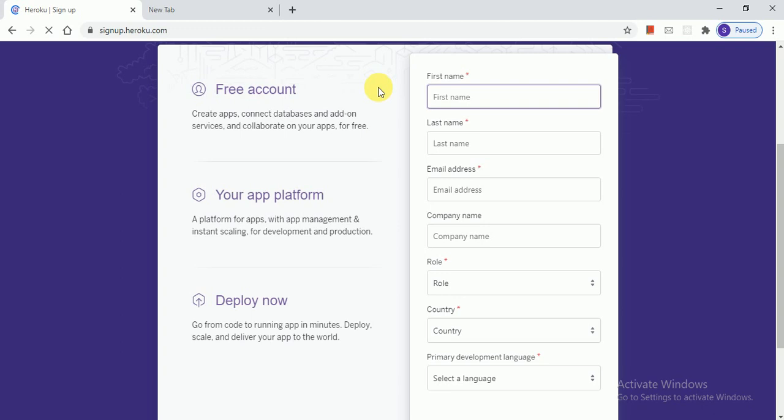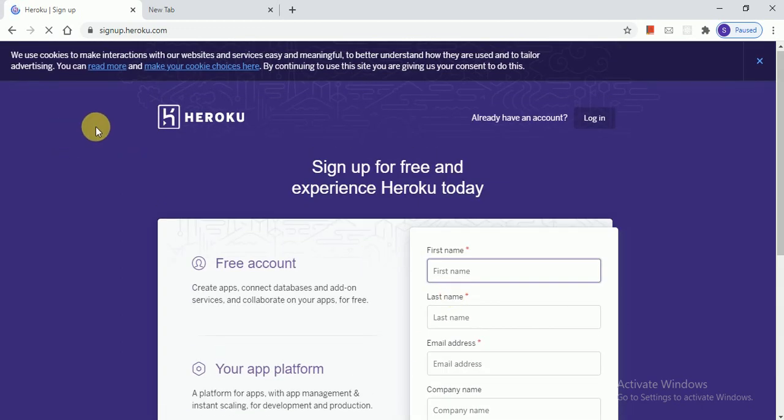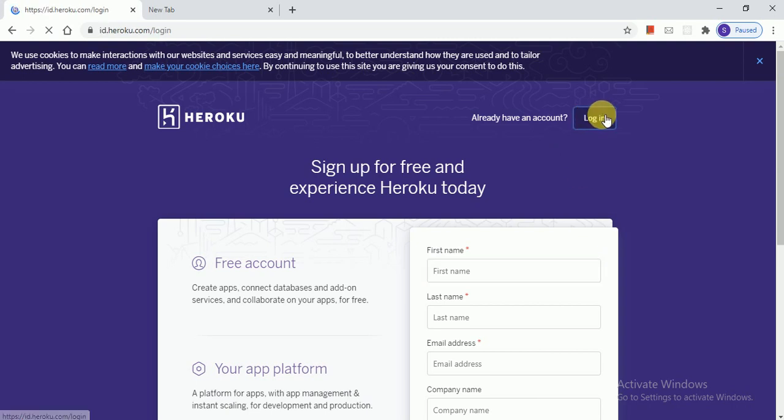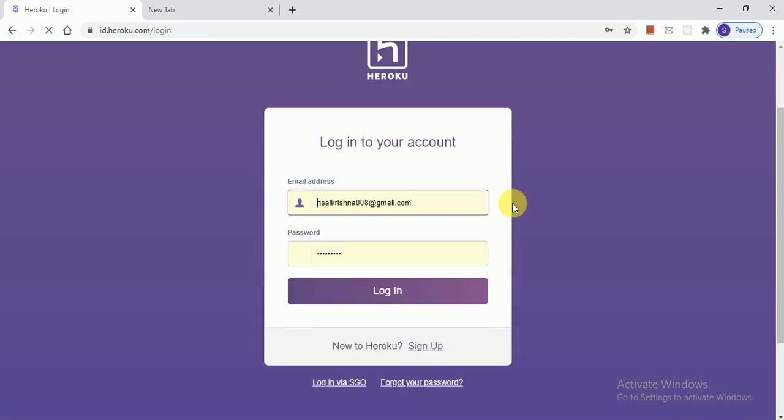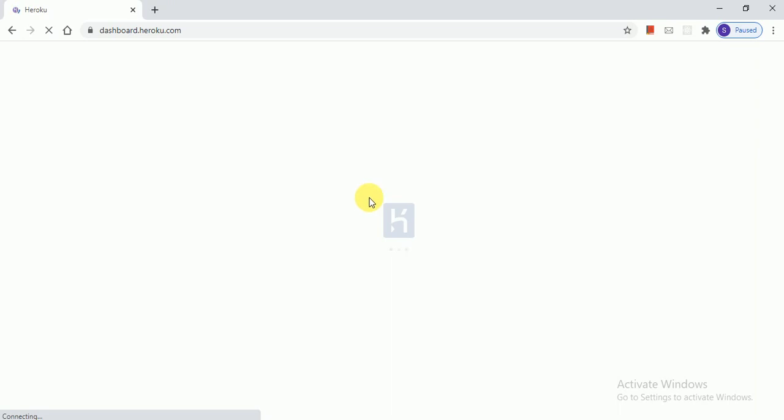Once you click on sign up, you have to enter all these details and create a free account here. I have already done that, so I am going to log in here, and once you click on login, you will be navigated to the dashboard.